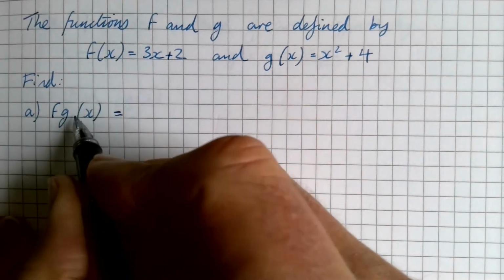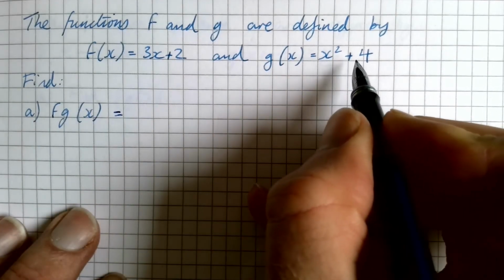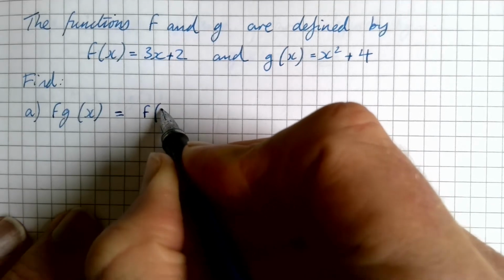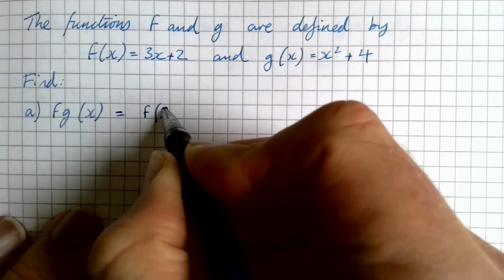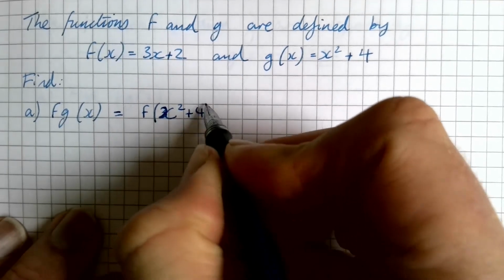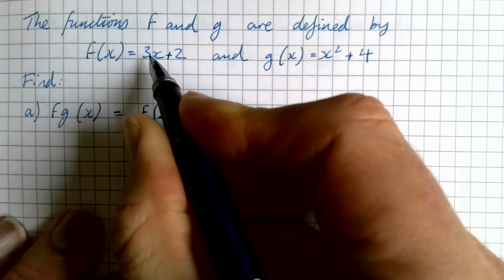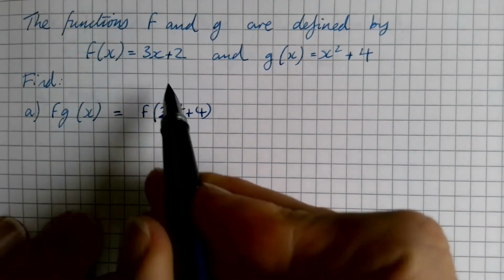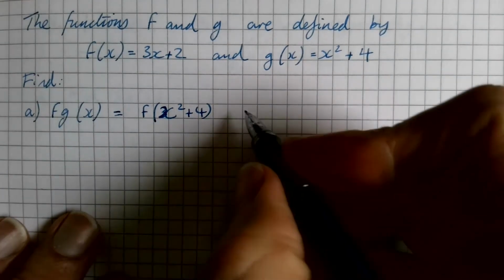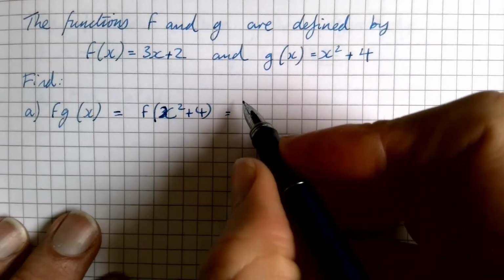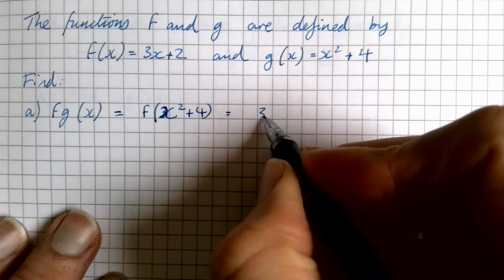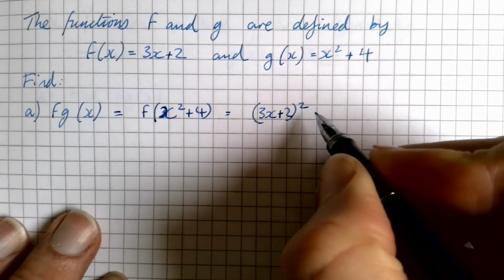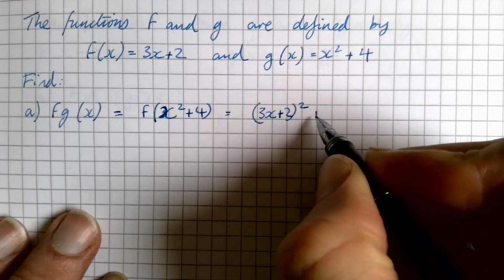So G, when you put X through G, you're going to get X squared plus 4. So all we have to do is then write, well, I want F. I want to put X squared plus 4 through F. I started writing 3 because I was looking at that already. Now this is what goes into instead of my X in 3x plus 2. So that means that I can write 3x plus 2 instead of my X. So that'll need to be squared. And then,